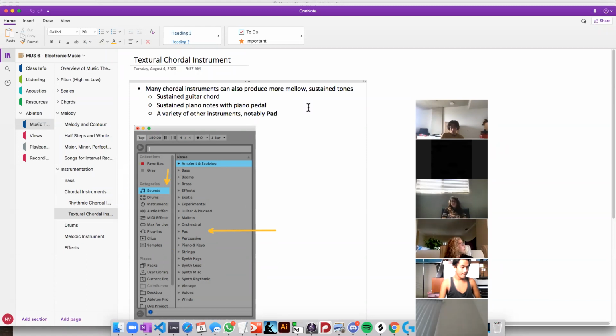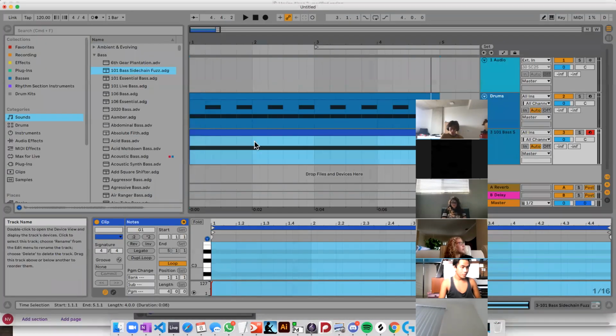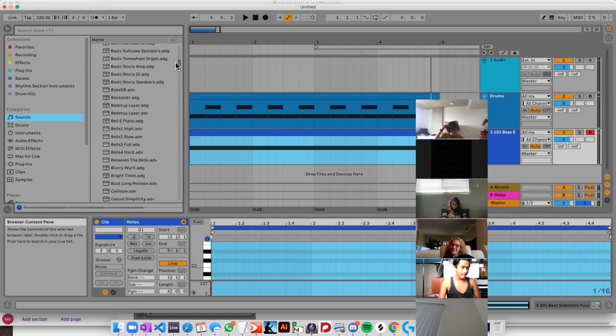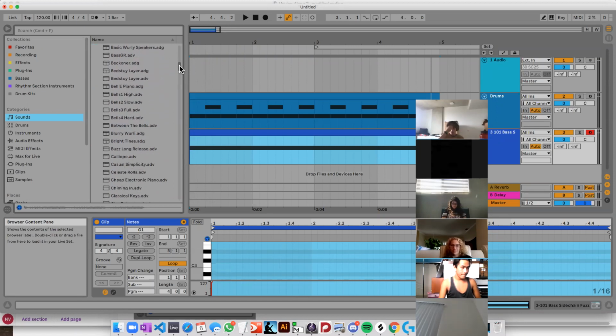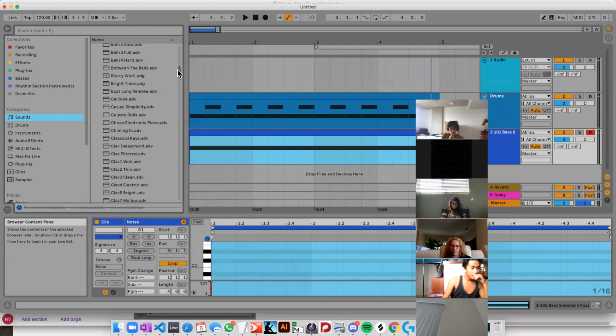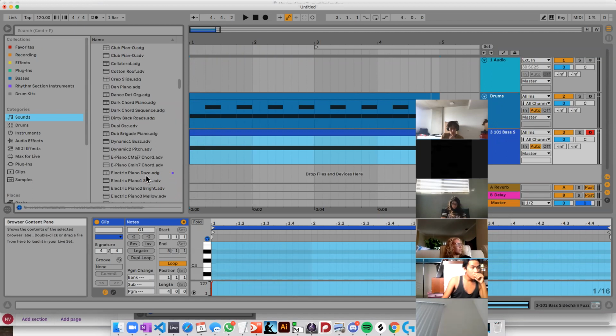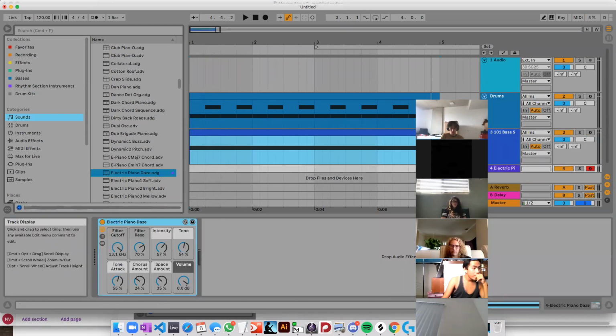If you imagine you just hold down a note, I guess I'll demonstrate this for you. What I'll do is go to the browser, go to sounds, and go to piano and keys. That's one of the places I suggest that you look. All of these are going to be chordal instruments where I can play multiple notes at the same time. That's important, to know what a chord is, and we'll talk a little bit more about that. So I'm going to drag this electric piano, Days. It's already in my favorites, by the way. You can see that, it's right there. I'm going to drag this over here. And what I have here,